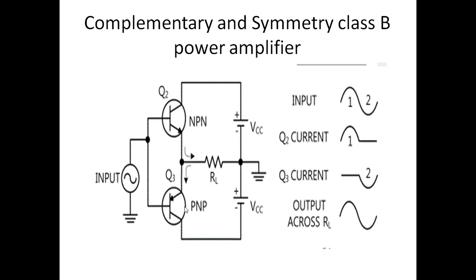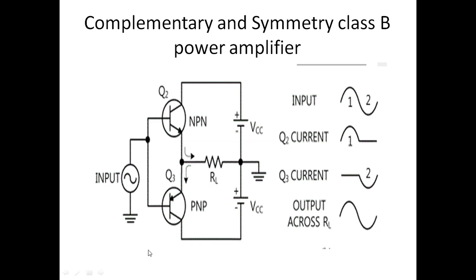When the transistor gives the output, when the transistor is in the active region. Active region means when the input or emitter junction is in forward bias and the collector junction is in reverse bias. In this condition only the transistor can be operated, or the transistor is in the active region. When the transistor is in the active region, then only it gives the output. Now let us see.